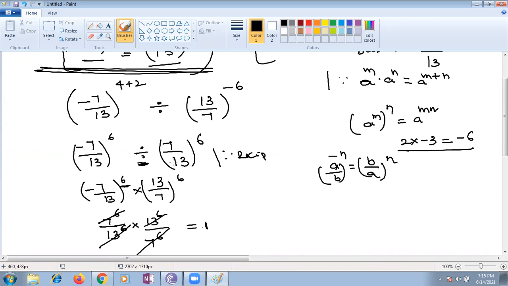That's why the sign is also very important. Signs are our parents. We have to take care of signs. Wherever you have to, see the previous number. What is the power? Is the power even or odd? Even means a positive result, odd means a negative result. That point you have to keep.